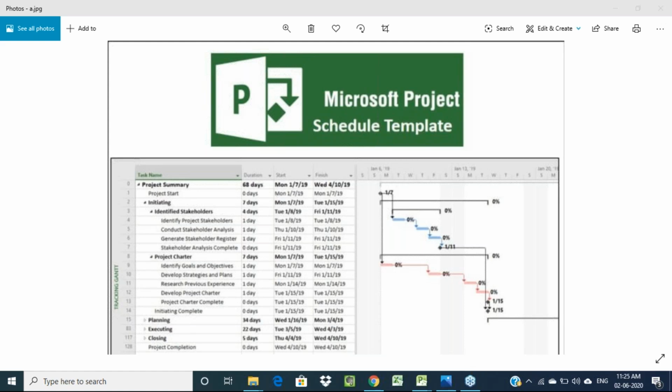Now the next session will be handled by our Mahesh sir, and he will tell you everything about how Microsoft Project is helpful for the student to schedule and track the various civil activities in the construction work. Let me hand over the session to Mahesh sir.